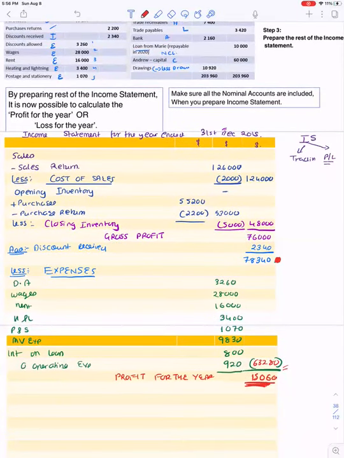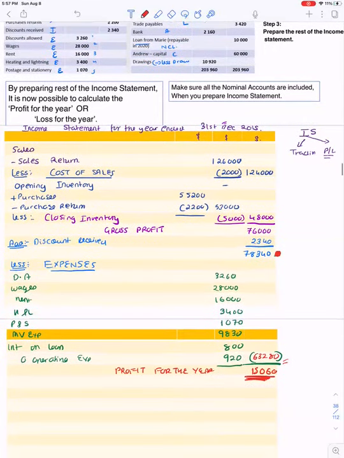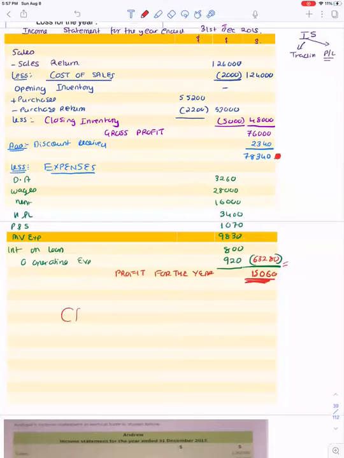Okay, if you have any difficulties with what amount should go in your income statement and what amount should go in your balance sheet, please refer to the video Capital and Revenue, Expenditure and Receipts. This will help you in analyzing which expenses form a part of your income statement and which expenses form a part of your balance sheet.